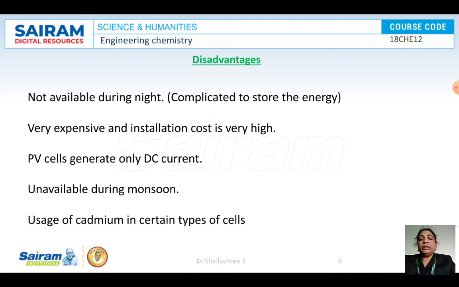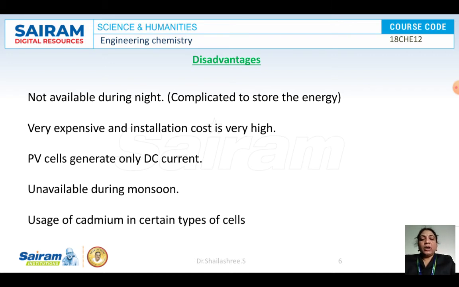One important point about the solar cells is that they will be one of the best sources of available renewable energy for the future. Like we were discussing in the previous classes, once the fossil fuel is completely exhausted, we have to go for some alternatives, right? That's why we are discussing all these topics in this chapter. We are just looking for alternate energy sources.